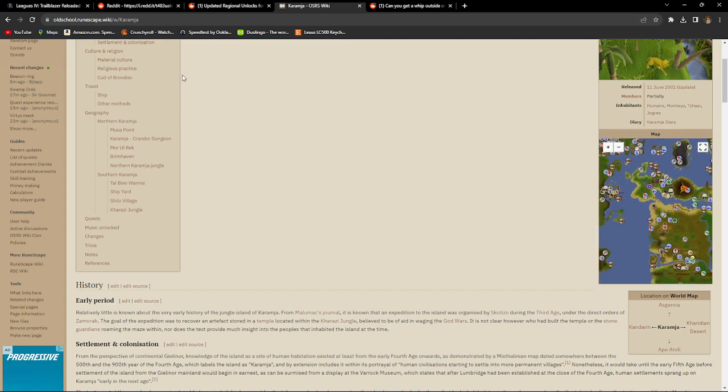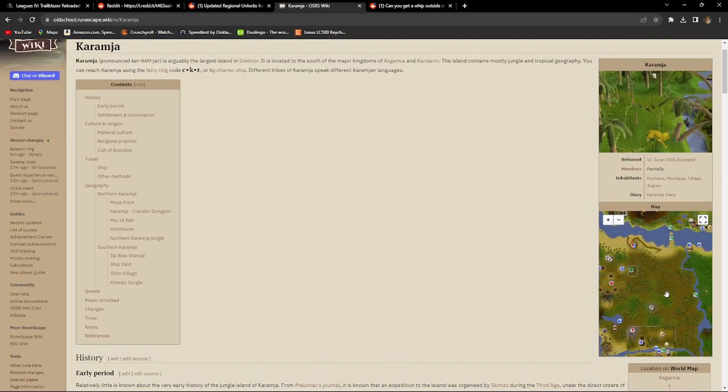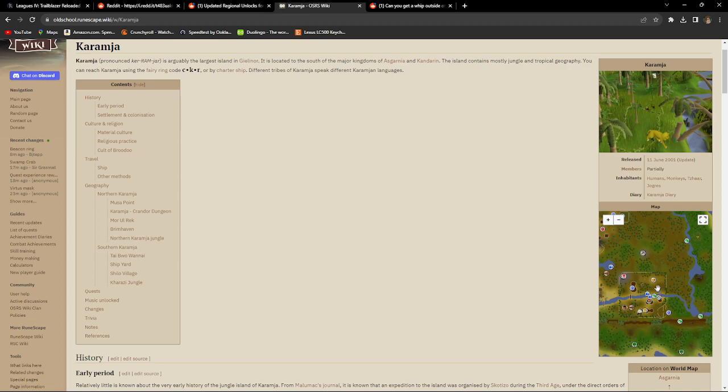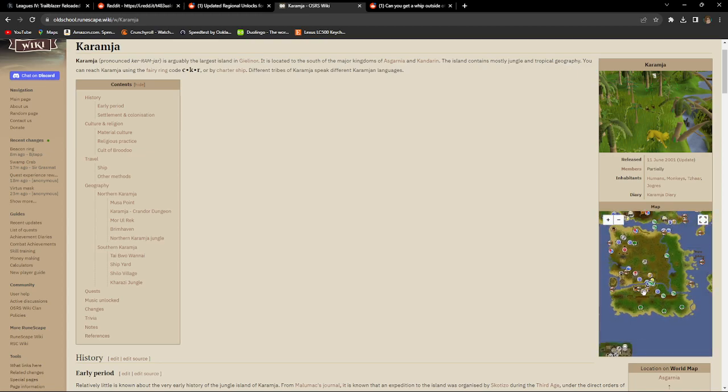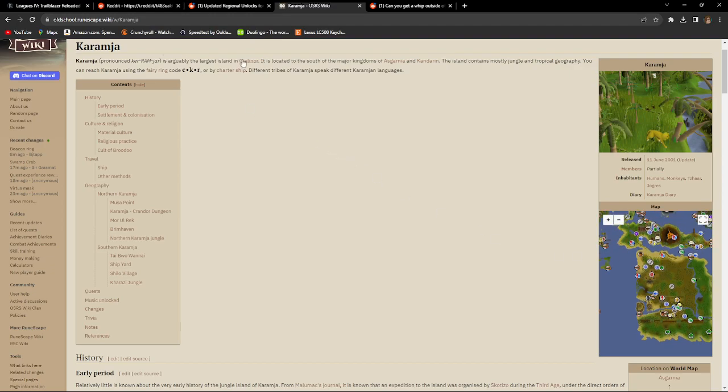So moving on from that, which also we have a really good Slayer Master down here. I forgot about that. We have a really good Slayer Master, decent bank, and I think this is another fairy ring. So yeah. Anyways,